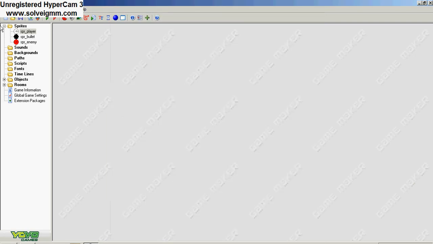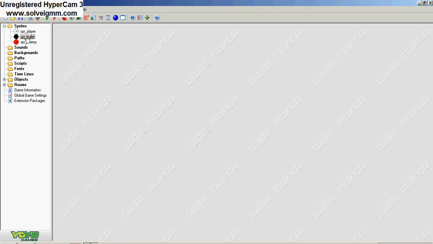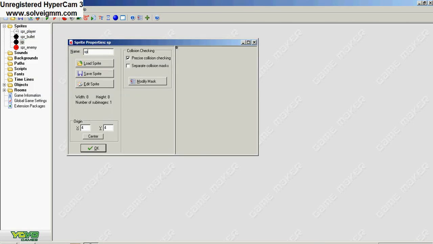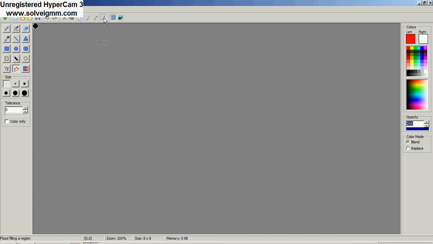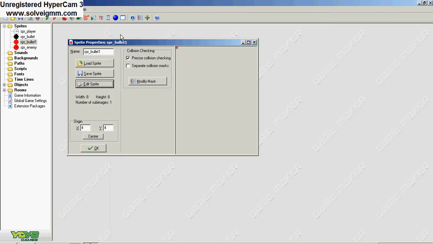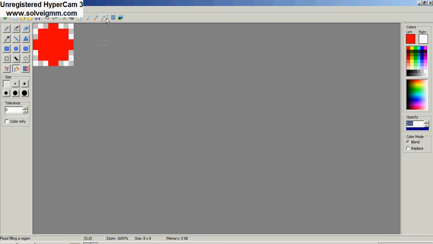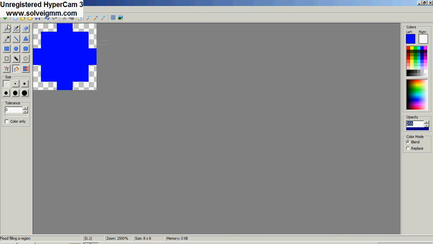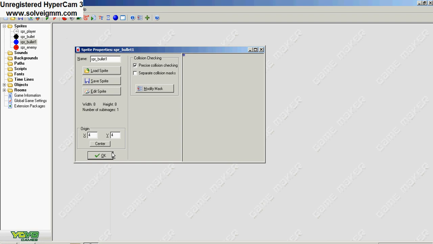Center the origin, remember that. And let's make another kind of bullet. Sprite bullet 1. And let's make this red also. Let's make it another color. Let's make it blue. Okay, the origin is already centered, and